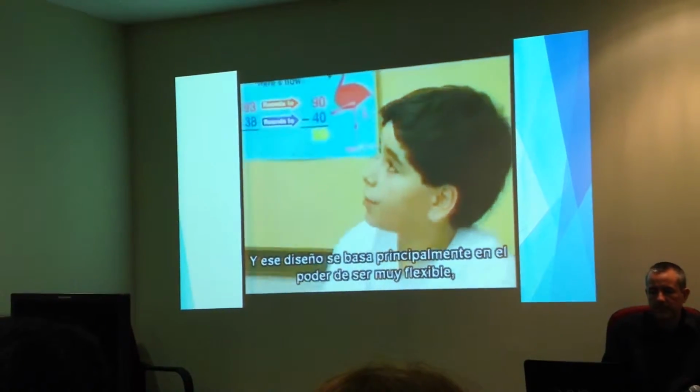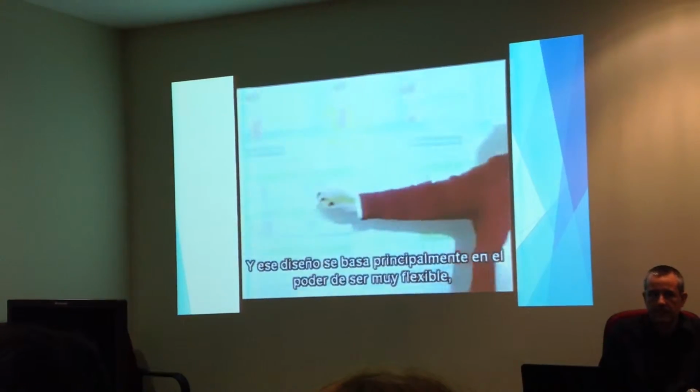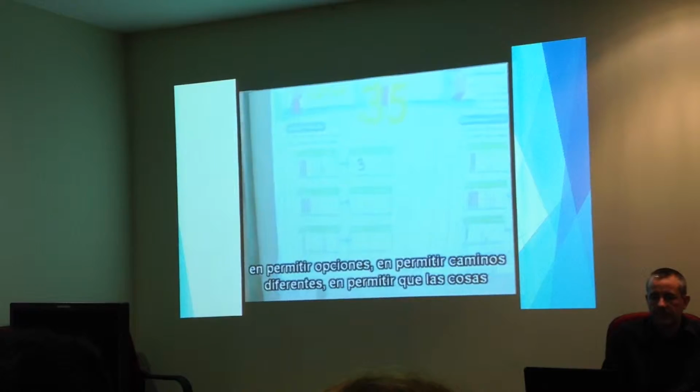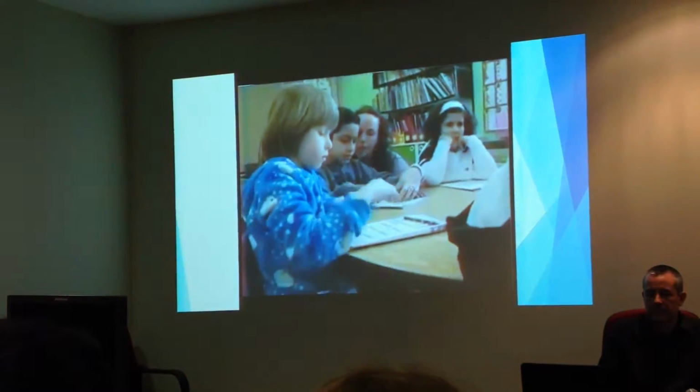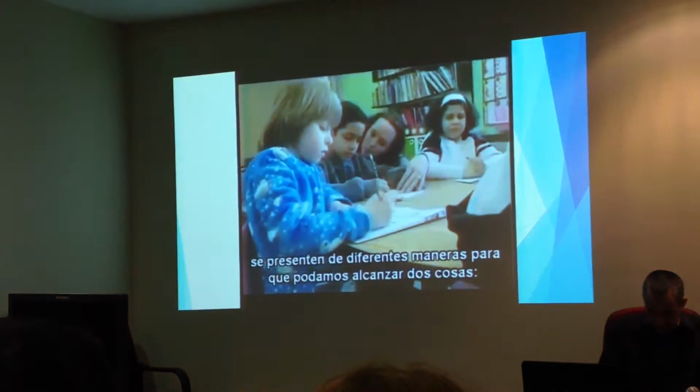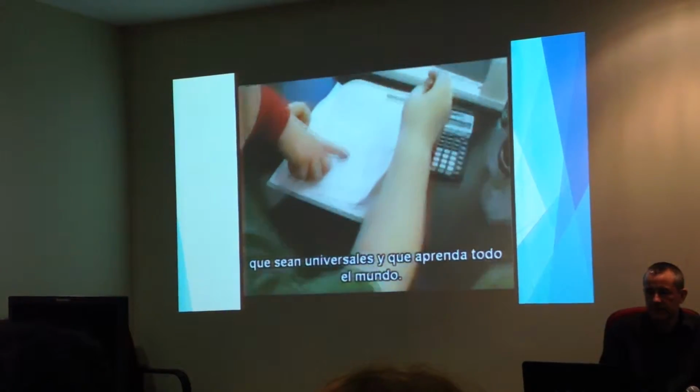And that design is primarily based on the power to be very flexible in allowing choices, in allowing different paths, in allowing for things to be presented in different ways so that we reach those other two things, universal and